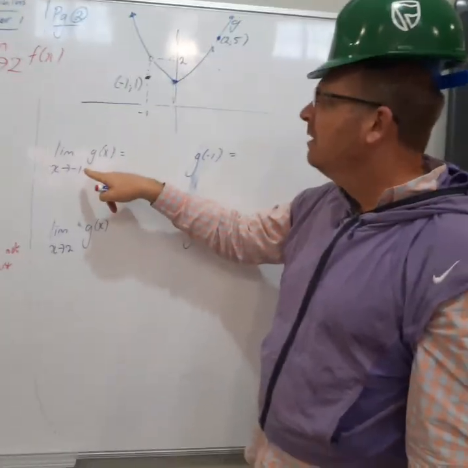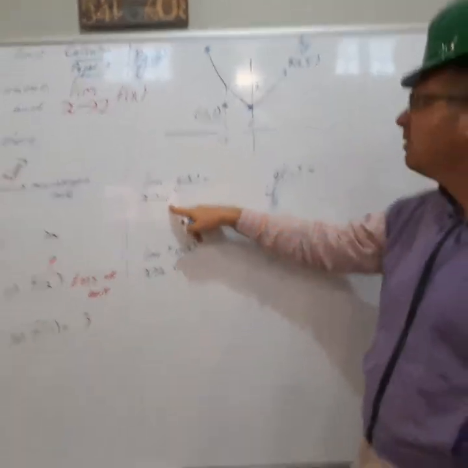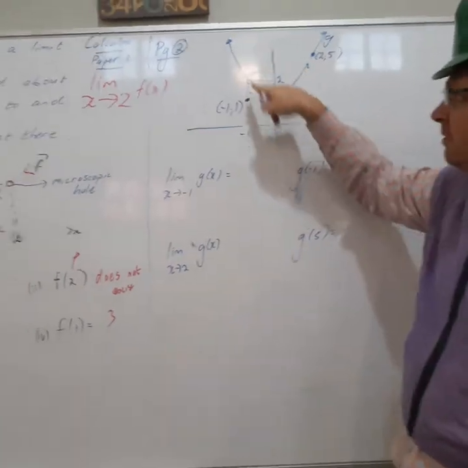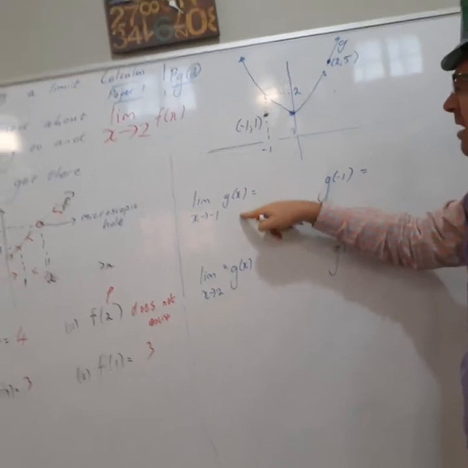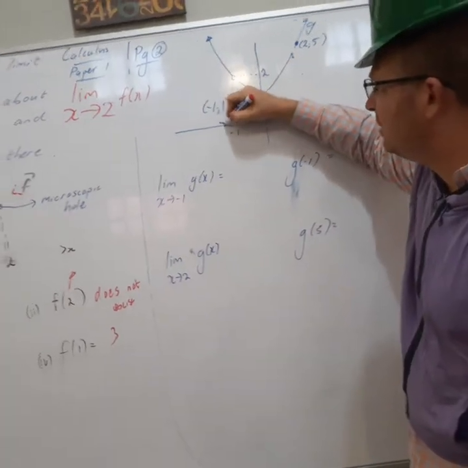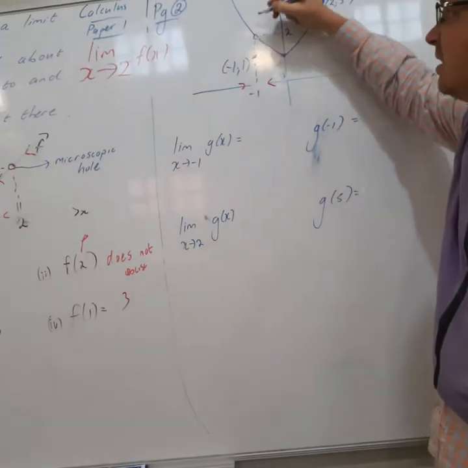So, first question, what is the limit as x tends to negative 1 of g of x? So g is that curve and that point. So as a cockroach heads towards an x value of negative 1 from the left and the right on the curve,